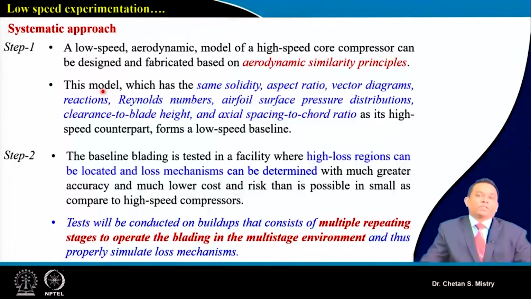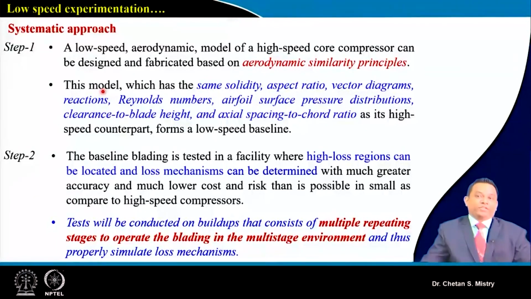Say high speed compressor and low speed compressor, that's what we need to manage with. Now once we are doing this similarity, then we will be finding the high loss region, and that will be helping us in identifying the location where the losses are major. With low speed, low cost and low risk, we are able to find these losses, which can be applicable, or maybe we will check for multi-stage axial flow compressor for